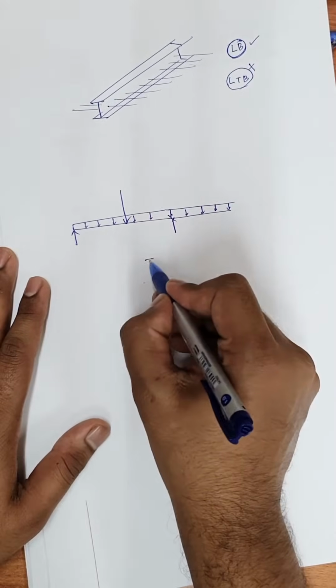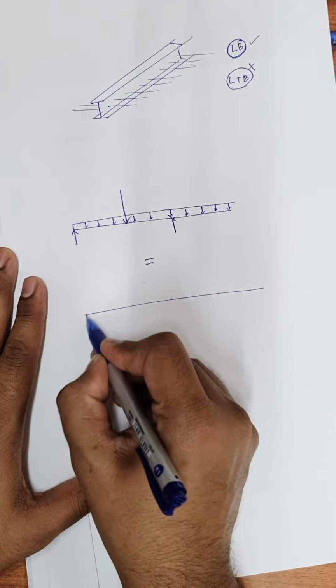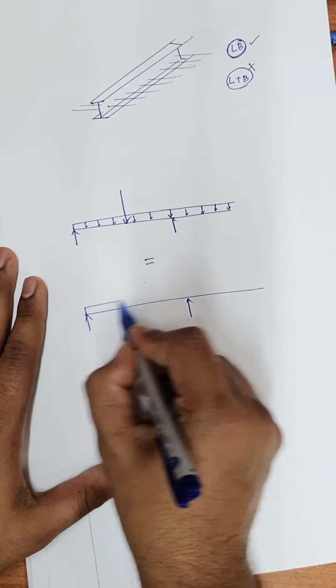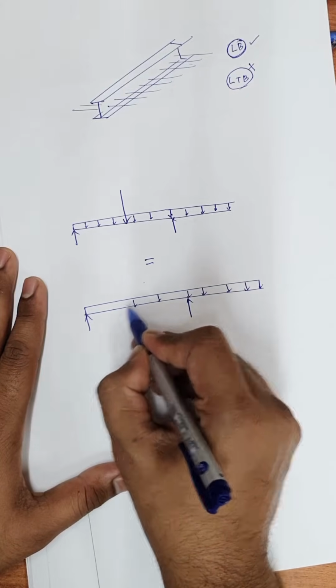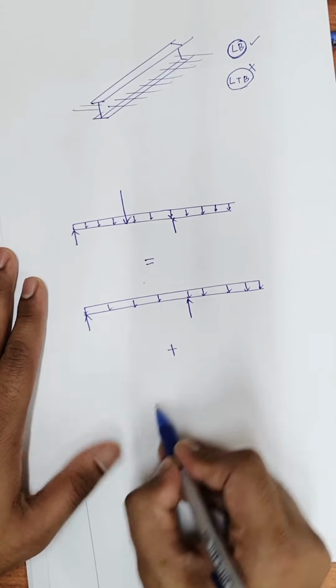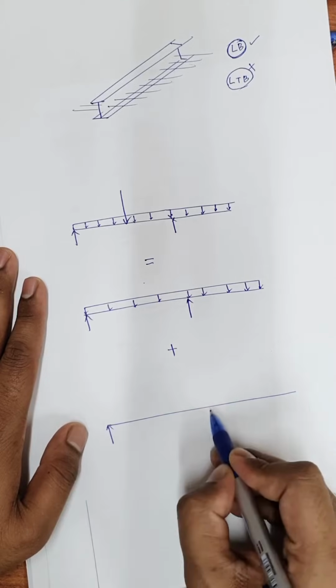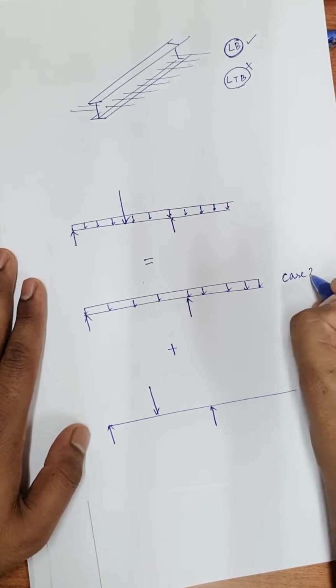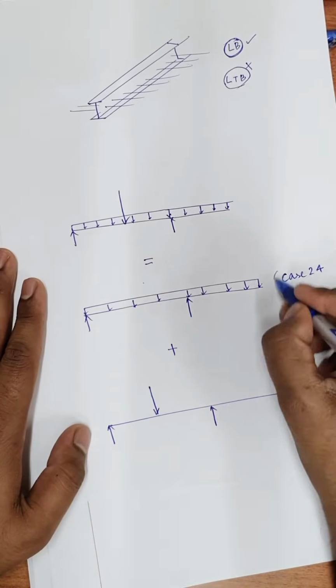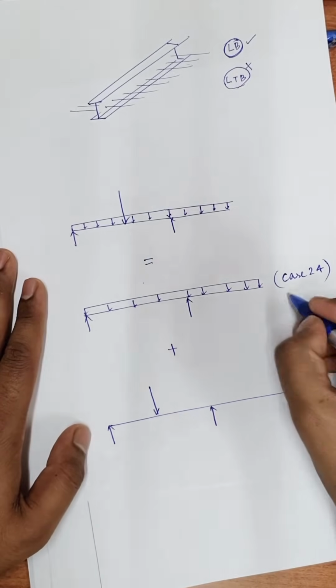So you can split it into one beam with uniform load and another beam with a concentrated load. Now this corresponds to case 24 from the manual,